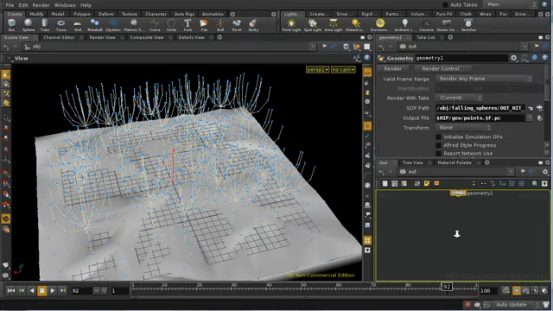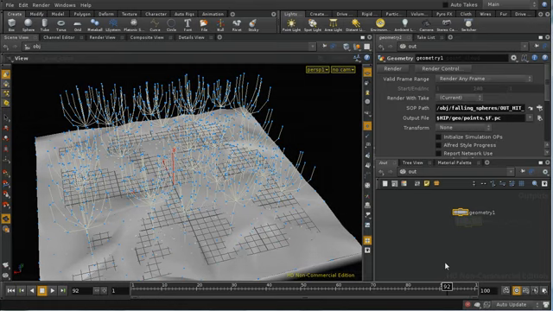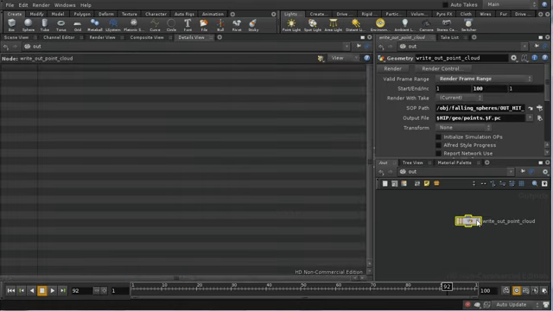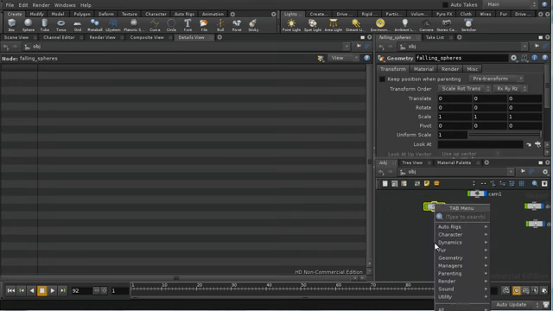So when I render this, it's going to render out a point cloud for each frame with the data about the points that have hit the floor for that frame. So I'm going to do that and then pause the video. So I've renamed the node write out point cloud, and I've given it a range of 1 to 100, and I've rendered it. And we can examine what's in those point cloud files that we've just written out by using